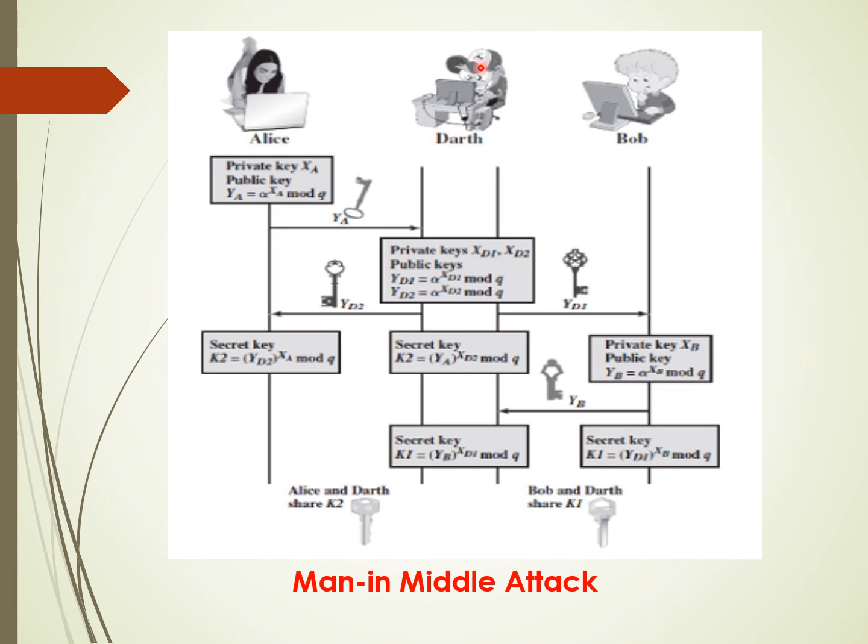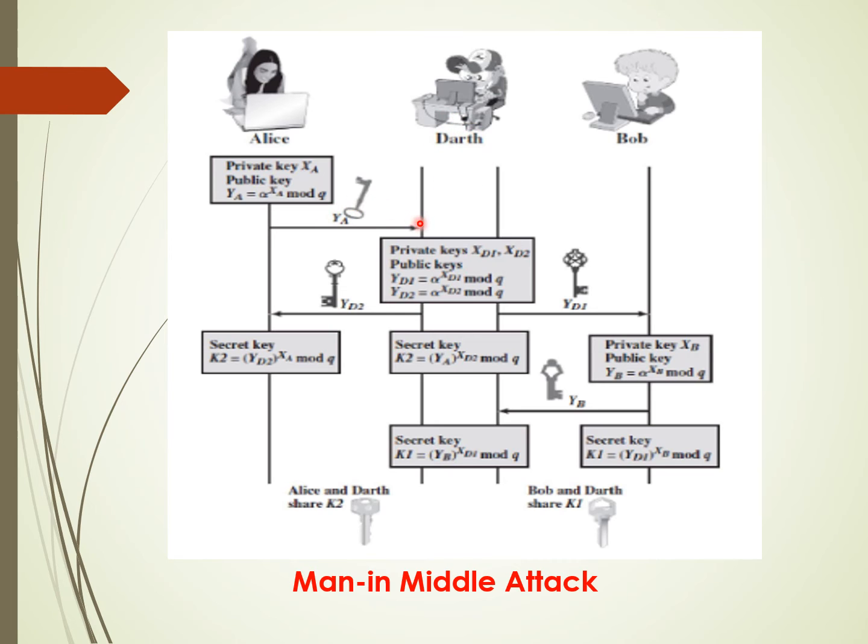But there is one more person called Darth. He is going to act as an intruder, and he is trying to interrupt the communication between Alice and Bob. Now let's see. Alice has her public key, that is YA. Actually she needs to share her public key with Bob, but the man in the middle, Darth,